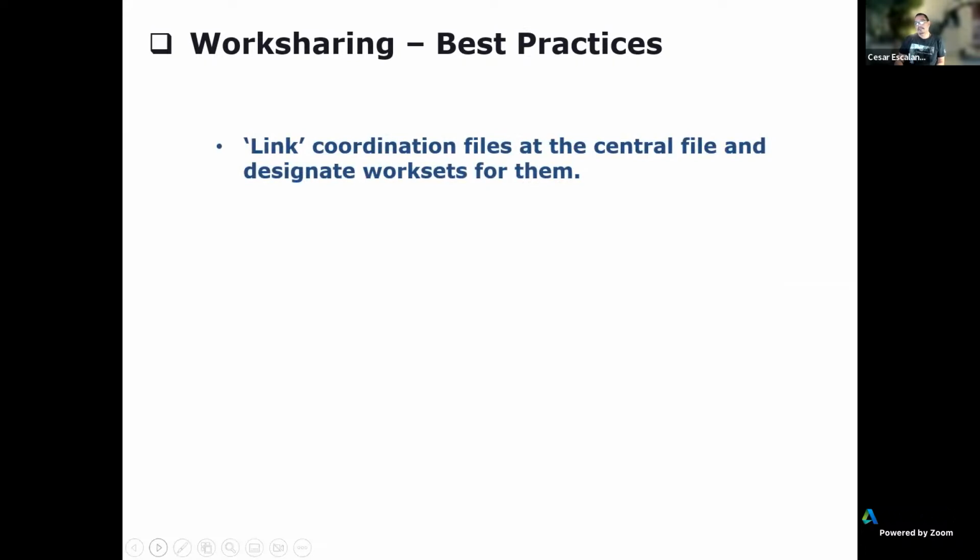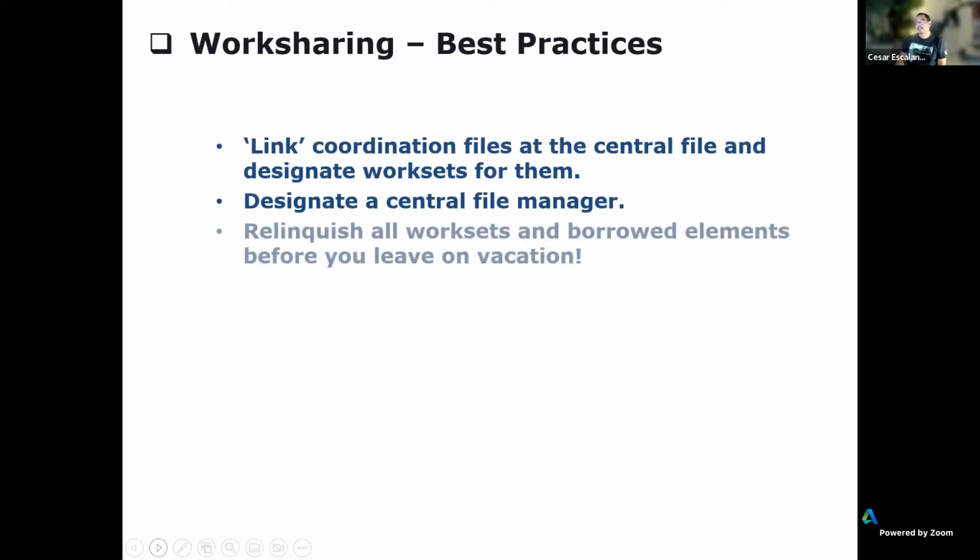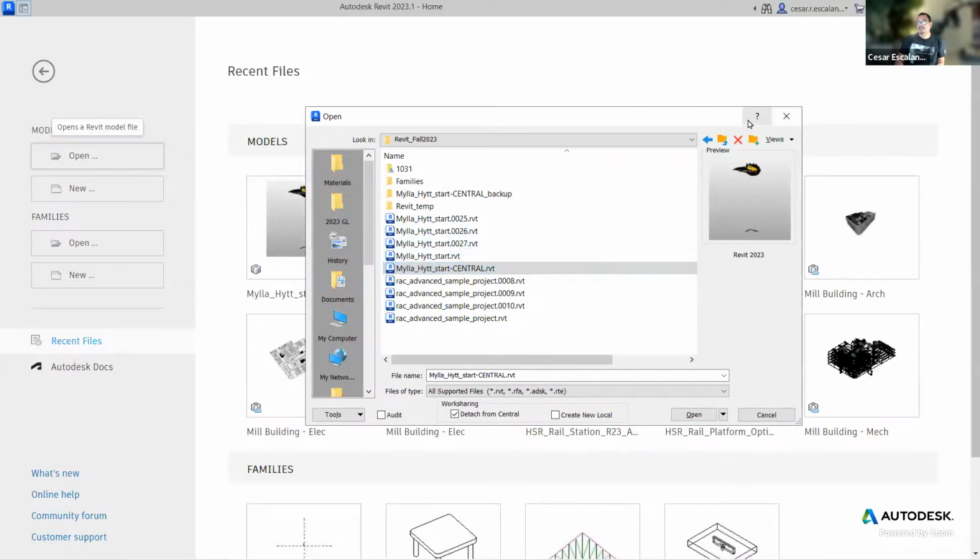Every link file should have its own work sets. Designate a central file manager. This is usually the BIM manager. And don't go on vacation without relinquishing. In previous versions of Revit, you could log in as somebody else easily by just switching the owner name, but that's no longer possible. So if you go on a vacation and you don't relinquish your work,